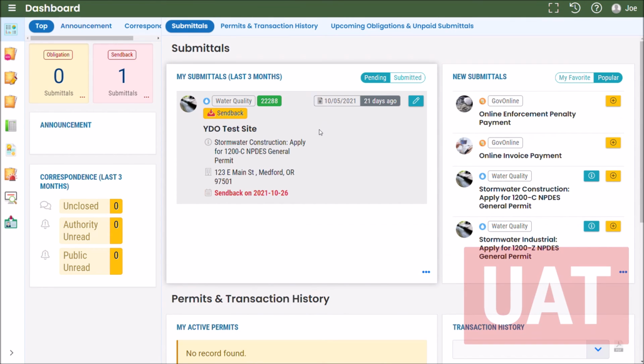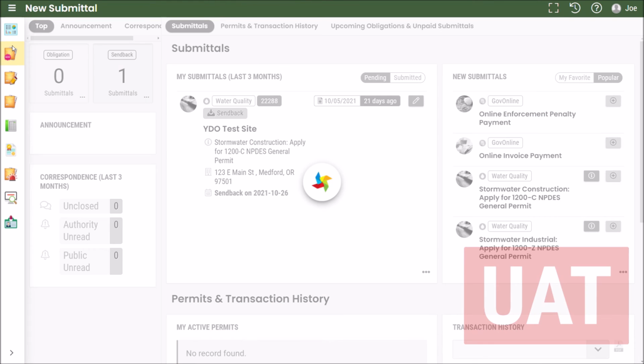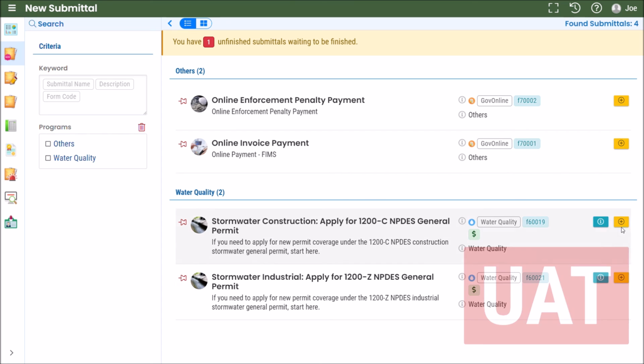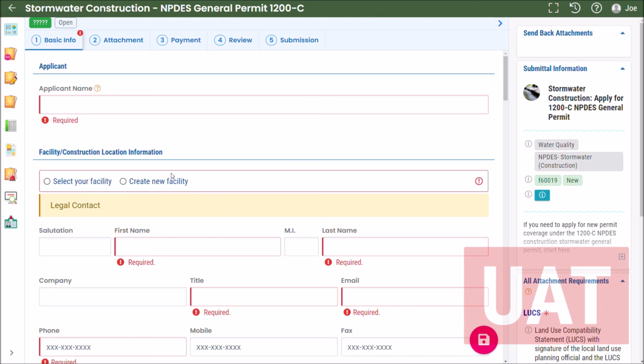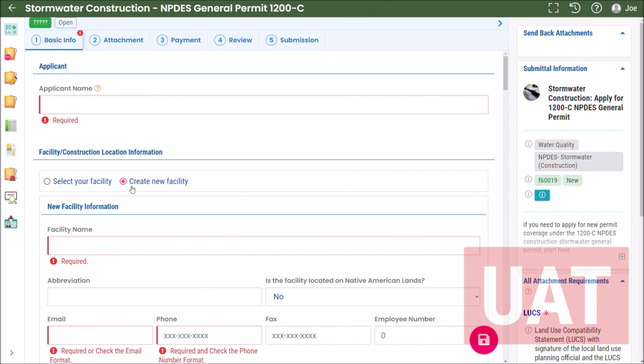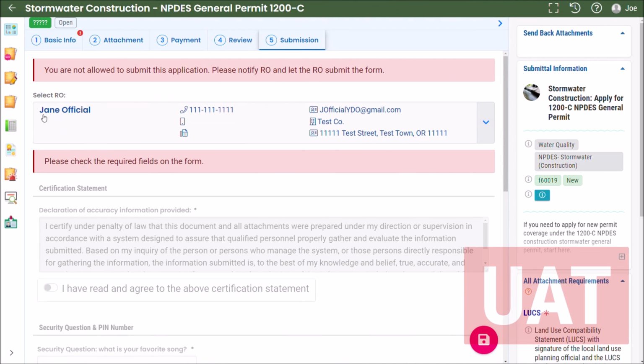And then unfortunately we have to start that submittal again, so we'll click on Start New Submittal, click Apply for 1200C NPDES General Permit, click on Create New Facility, and then on the Submission tab, your RO should be populated, and if it's not, you can select the RO from the drop-down menu here. So then click Save,